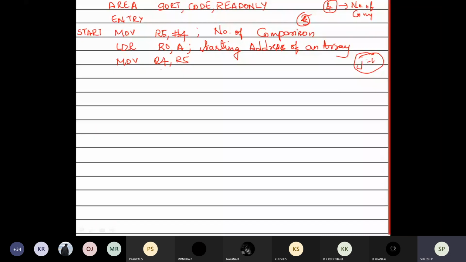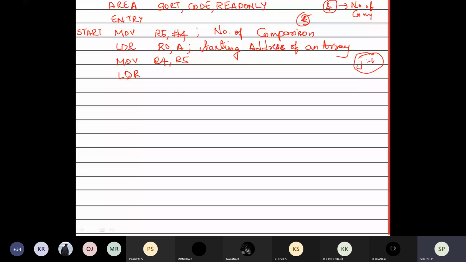Next, I need to load the data to compare the elements. What is the instruction to load the data? First, I need to load the data from the address to a register, so LDR. Where is the memory address located? The starting address of the memory is R0.